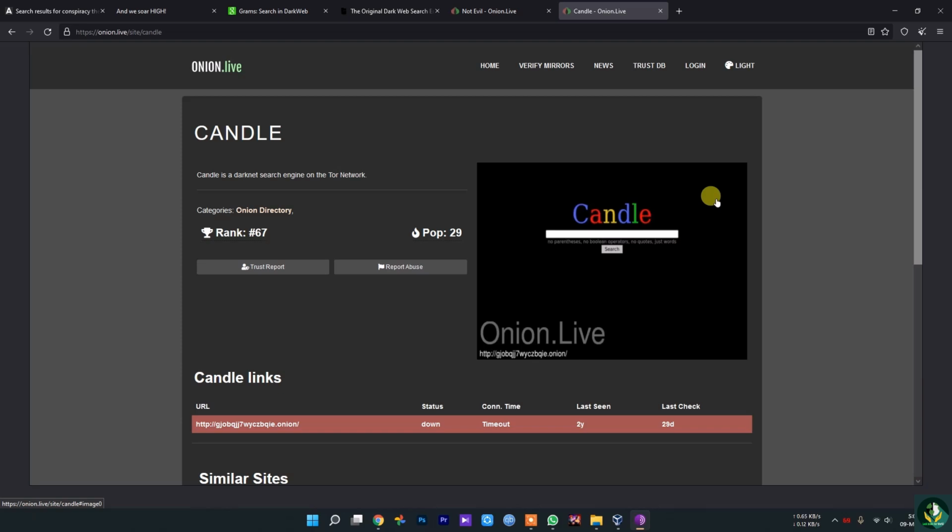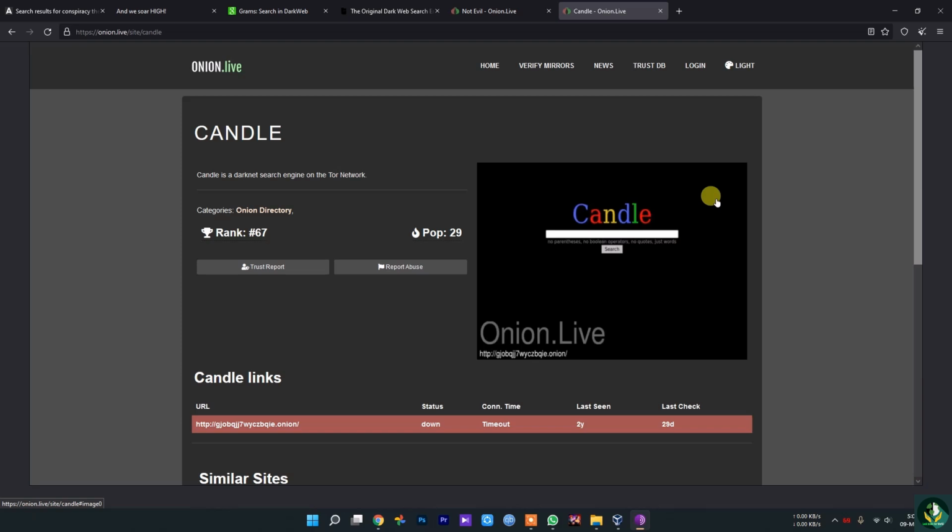It is a very minimalistic search engine, as you can see in the picture. It's different, and it also applies the same color scheme as the Google logo. It has a tagline saying, no code, just word.